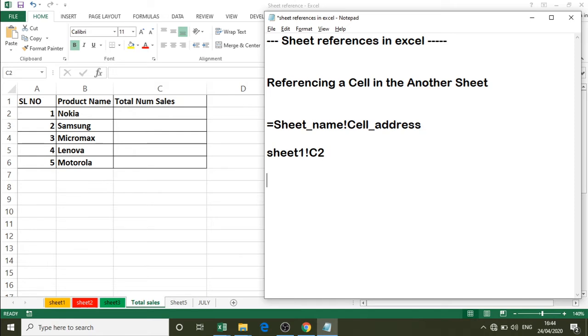So to do the calculation in the Total Sales sheet, we will do it like this: equals Sheet1!C2 plus Sheet2!C2 plus Sheet3!C2.